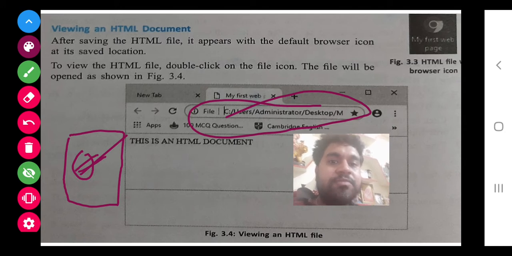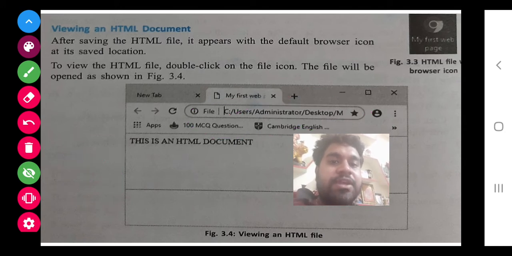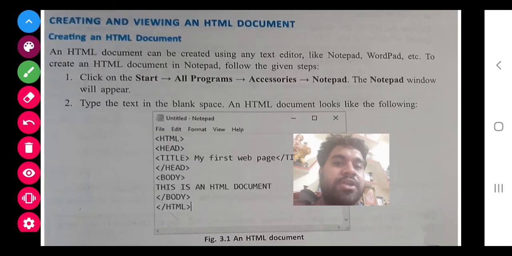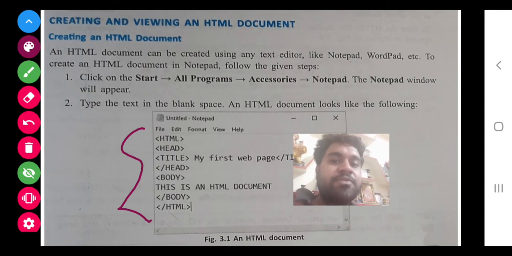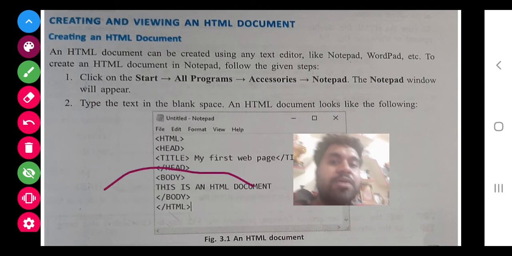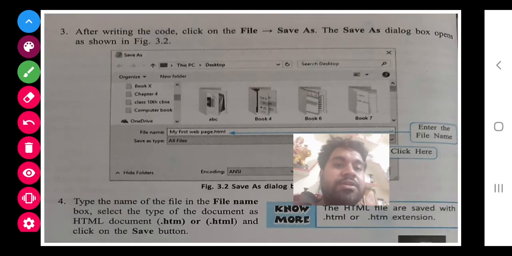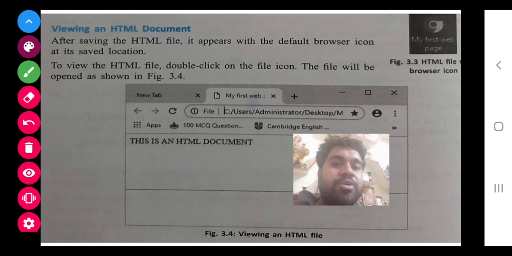And after that, if you want to make any change in this document, then you go to the HTML file once again, and after that you refresh here.